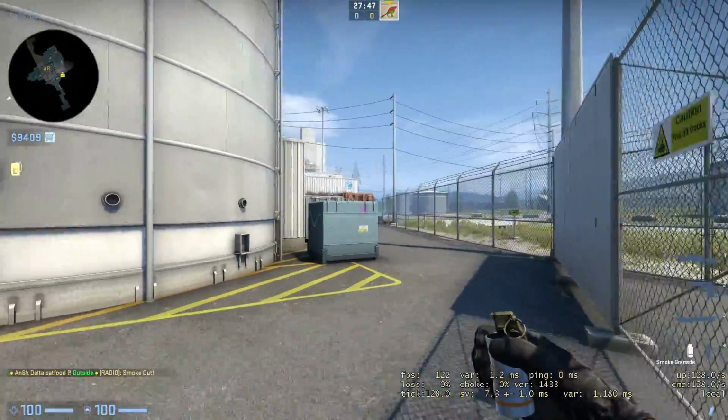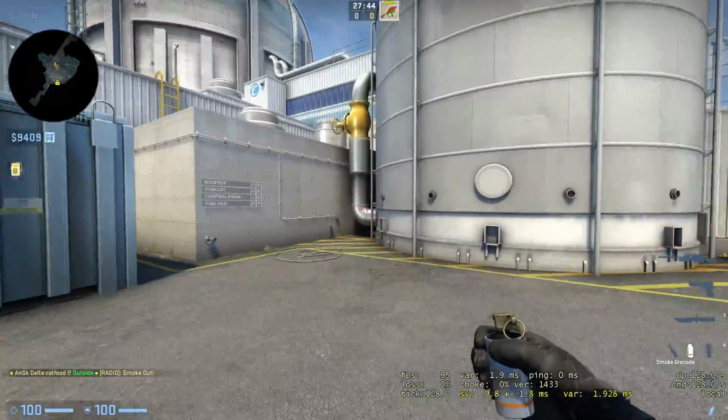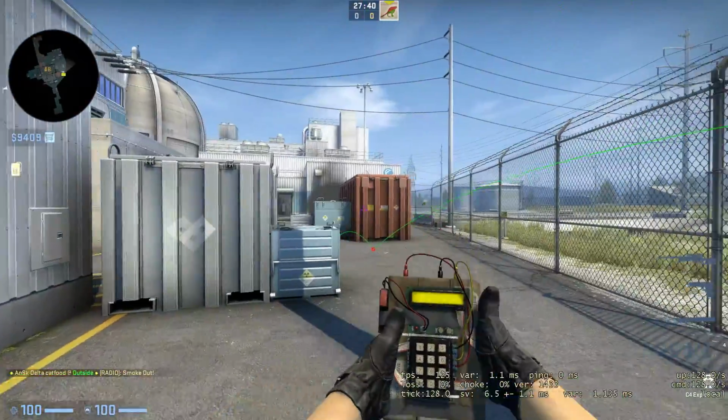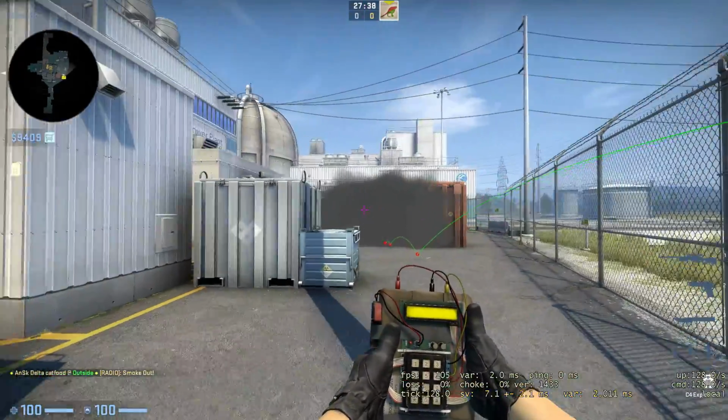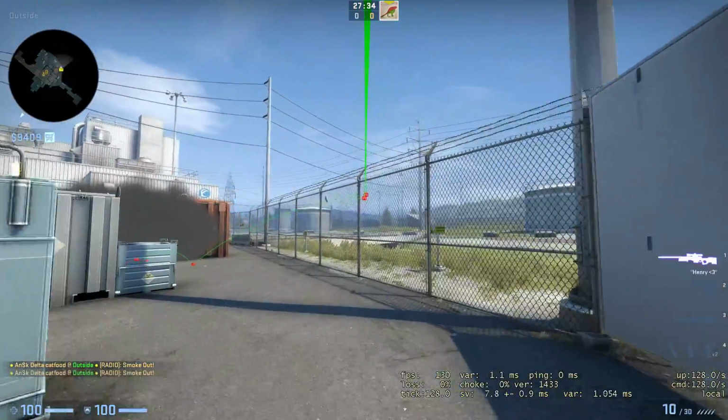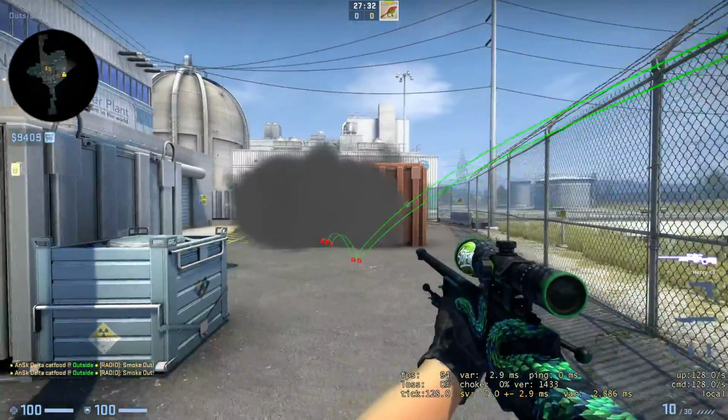And then, of course, if you want to smoke off garage and to teleport across, just by running, just smoke it off, just like that. Now block off vision. If you want a better smoke, let go of the smoke later. But anyhow,